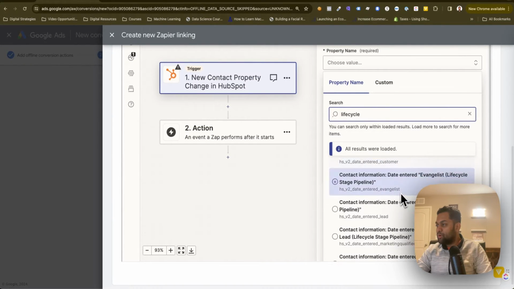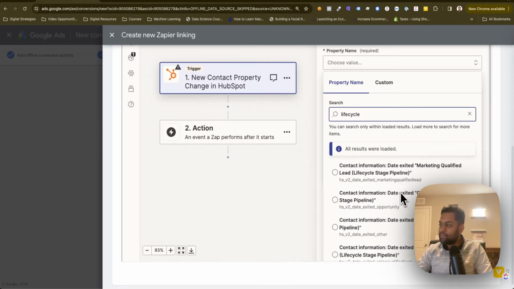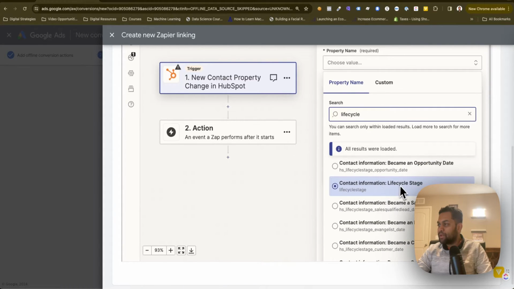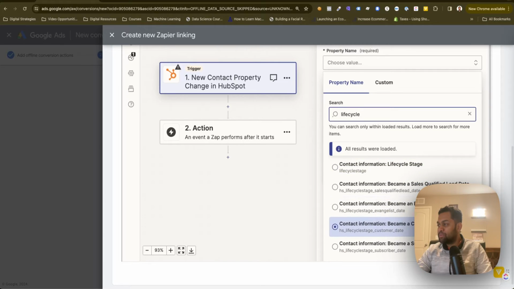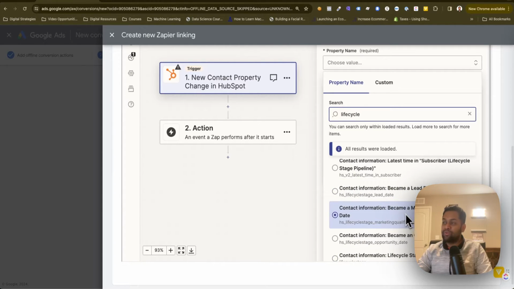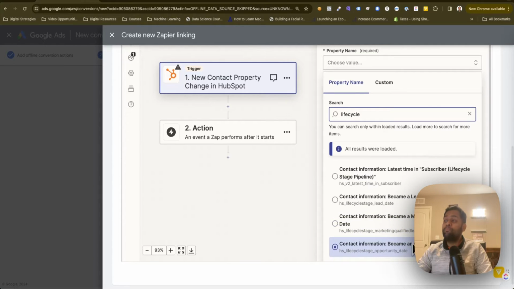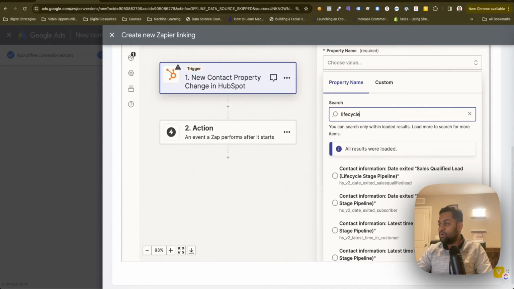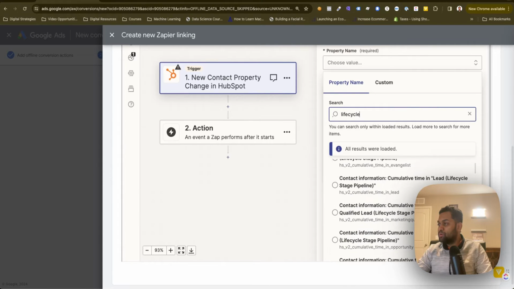So if I scroll down, you should see an option that says contact information lifecycle. Became a customer or became a sales qualified lead. Look at that. So that's how, and there's also an option for became a marketing qualified lead or became an opportunity. So as you can see, there are a bunch of options in here. So I'm just going to select